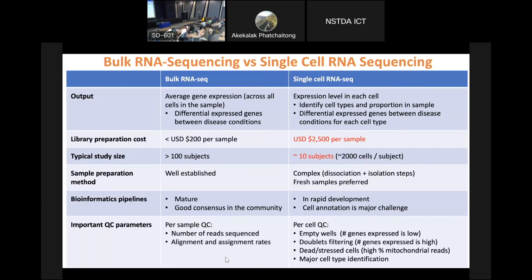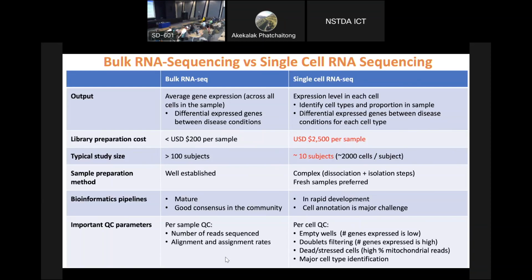You can identify cell types and proportion in the sample, and the differentially expressed genes are going to be specific to that particular cell. In terms of cost, this is very cheap. This is quite expensive. So you can see not many people are going to be able to do this because of the cost. And because the cost is prohibitive, and I guess the technology itself may be prohibitive in some way, you can do 100 subjects or more with bulk, but approximately 10 subjects with single cell,